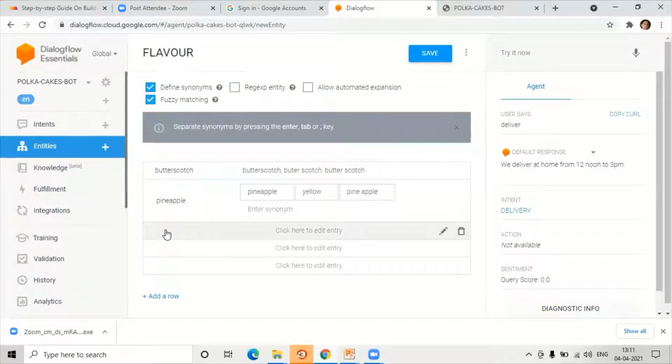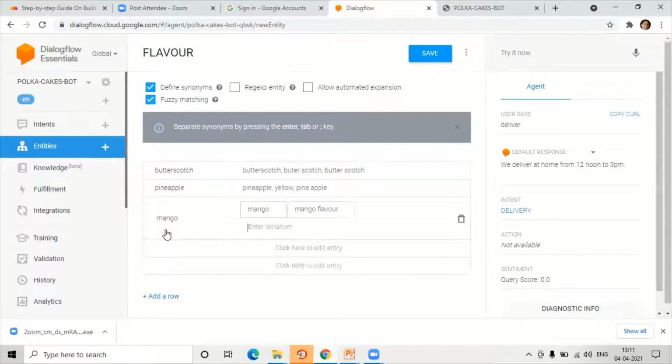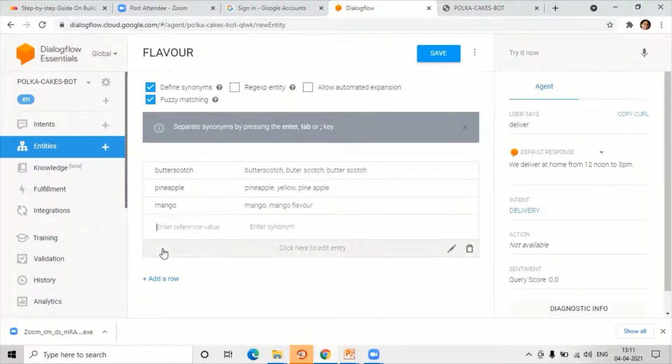The third type of flavor that we have in our cake shop is mango. Mango flavor. So these two we take. Now let's have one more, and that is the Black Forest.